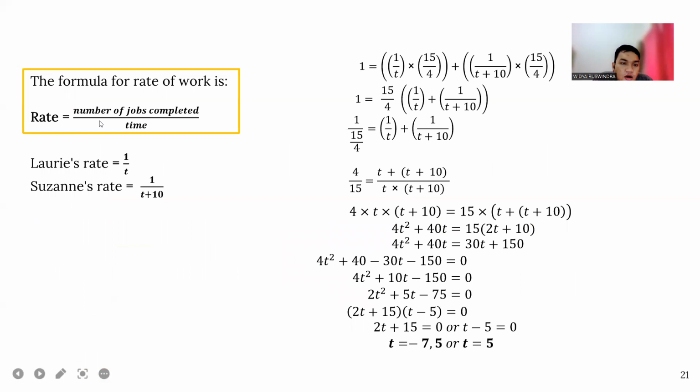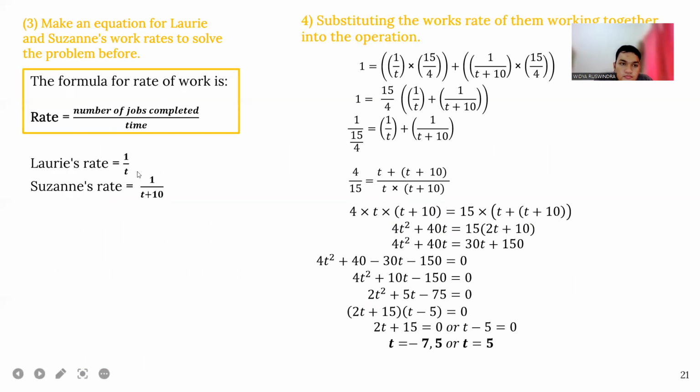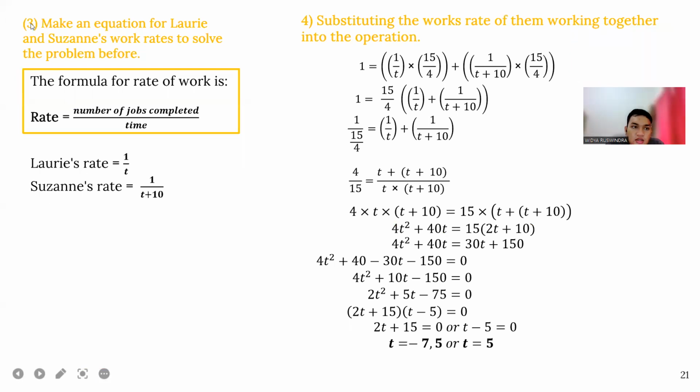The formula of rate of work is: rate equals number of jobs completed per time. Laurie's rate equals 1 per t, and Susan's rate equals 1 per t plus 10. That is step 3, make an equation for Laurie and Susan's work rates to solve the problem. For step 4, substituting the work rates of them working together into the equation, we get